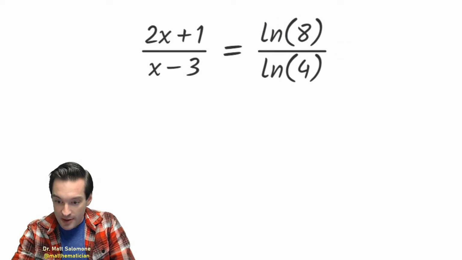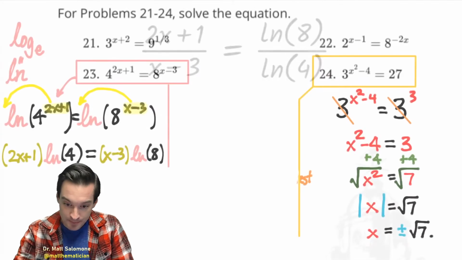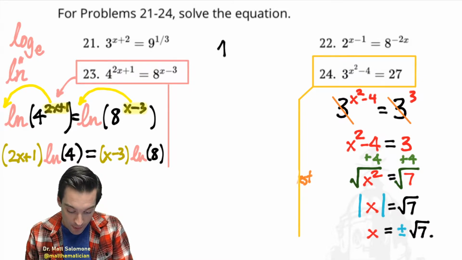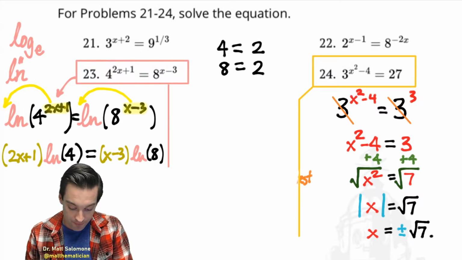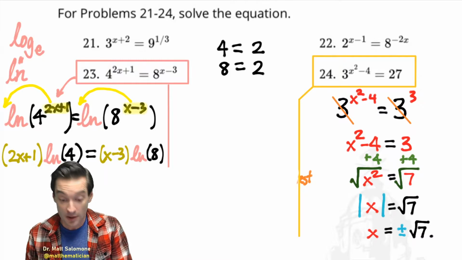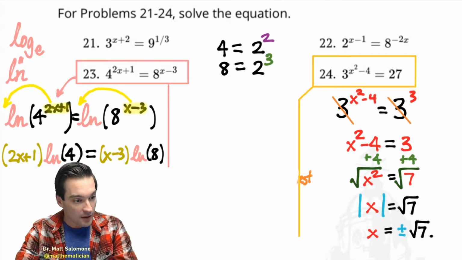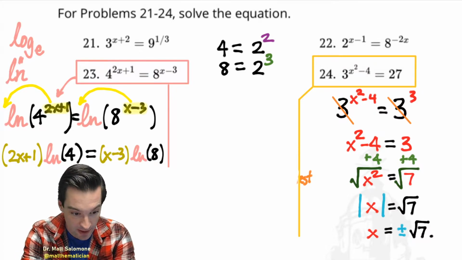let's go back to my whiteboard for just a second. 8 and 4 have something in common. Namely, both of them are relatively simple powers of the same base. Both of them are powers of 2. 4 is 2 to the second power, and 8 is 2 to the third power. So one other way of understanding why this quotient is what I'm claiming that it is